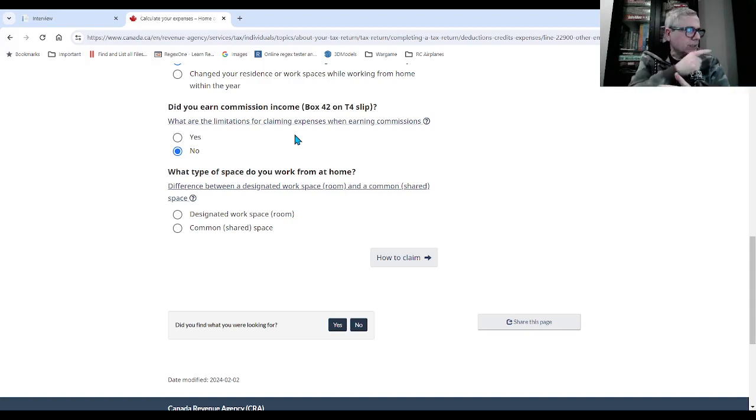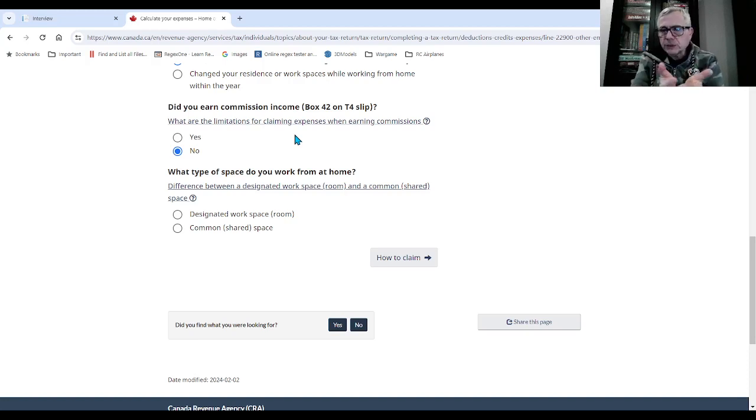Now, the CRA says that you have to use a reasonable portion. Now, what do they mean by reasonable? Ultimately, what you need to know is that the CRA does not have the final say in what has to be reasonable. If there is any dispute between yourself, your accountant, if you have one, and the CRA, ultimately you might have to file an objection, and a court judge can ultimately decide what is reasonable.